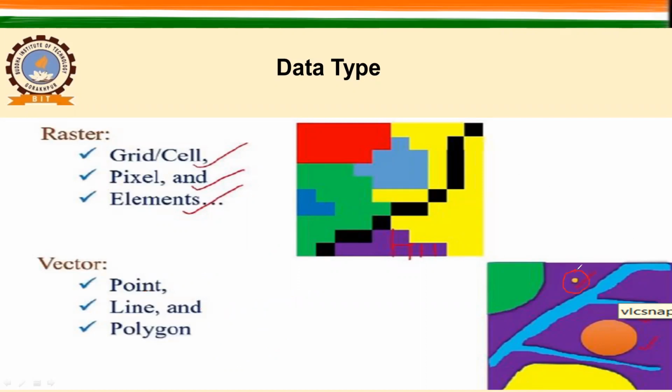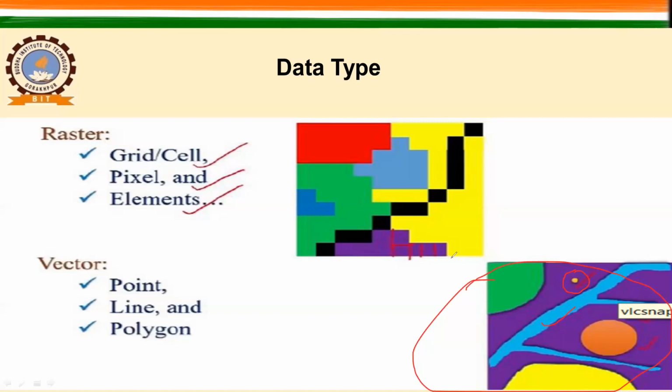So here it is 1 point. This is some lines. So here there are some lines and there are polygons. So what is the difference between the three? Points are like individual features, and 2 points if they are connected with a line, right? So a line will have 2 points, and if this is enclosed, then they are known as polygons. So here you can see these are your polygons.